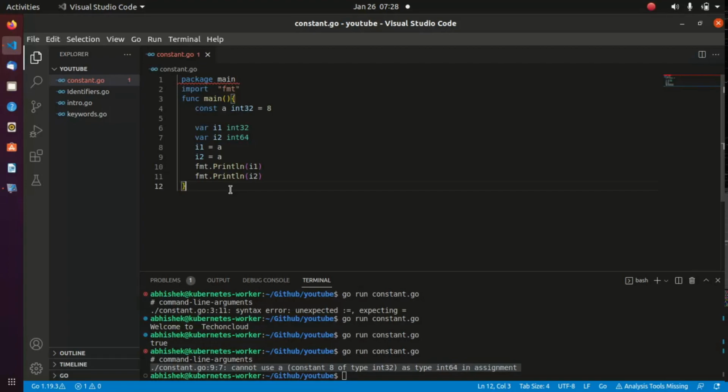Okay, now let's talk about the second type of constant, which is untyped constant. An untyped constant is a constant whose type has not been specified. An untyped constant in Go can be either named or unnamed. So